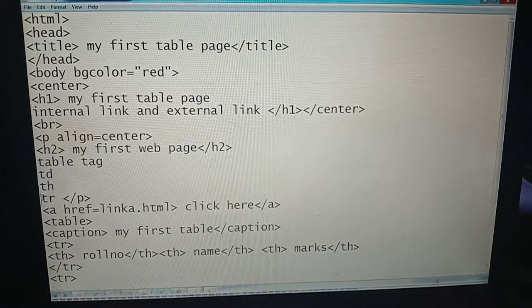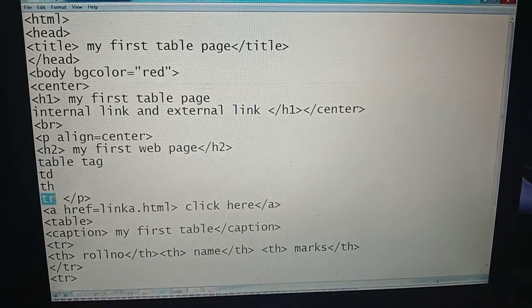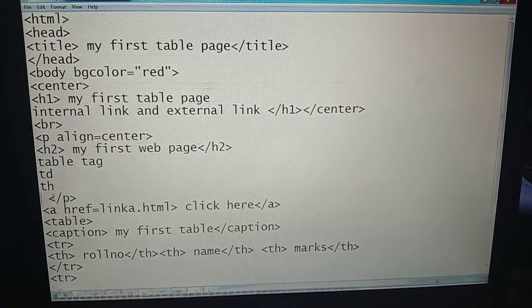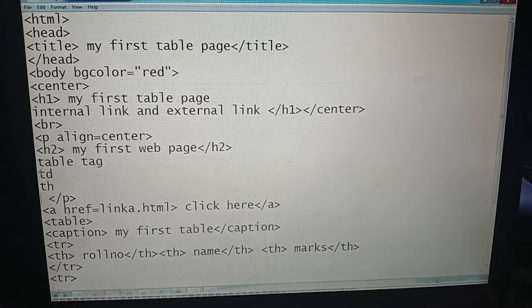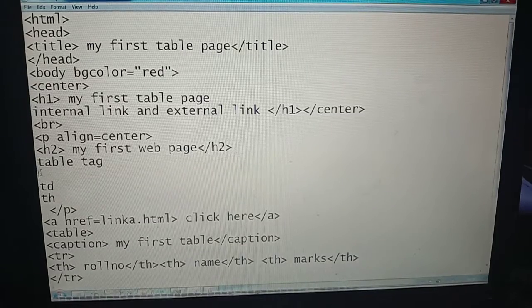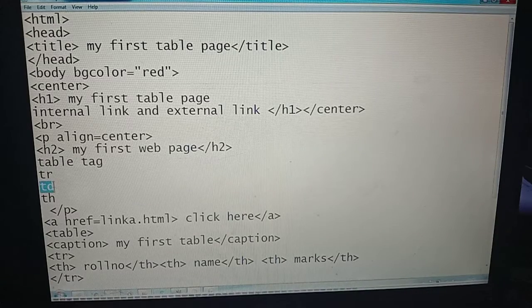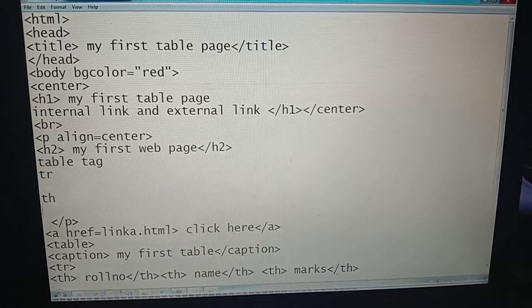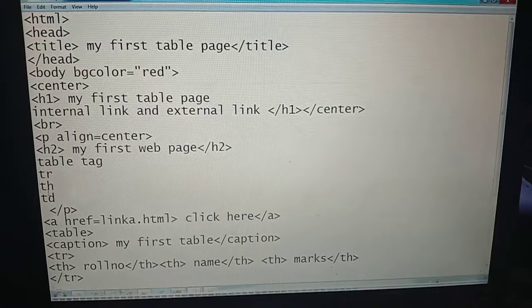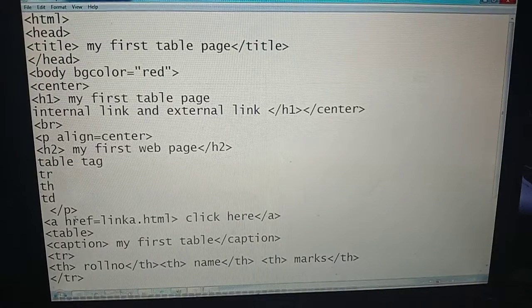We have to define them in this particular way: tr first, then second is table heading, and third is table data. In this manner we will type this command, and then paragraph close. If you want linking, you can apply the href command, otherwise no need.